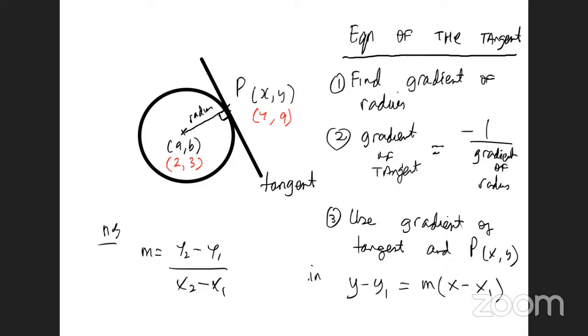Take your time, follow all the steps. Find the gradient. You have 2 points, so you get that gradient. Then find the negative reciprocal, and then